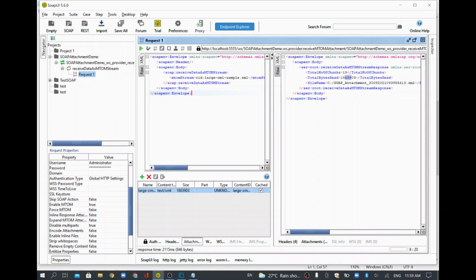Now, whatever we have seen, this is how to check or test it from SOAP UI. In webMethods we have a web service which is running, which we are consuming from SOAP UI, and we are trying to send the data. SOAP UI is a client acting as a client system which is sending data to you. The same thing we are going to do now in webMethods: how to send the data to some web service as an attachment through streaming. That is what we are going to do today. Whatever we tried in SOAP UI, we are going to achieve from webMethods.